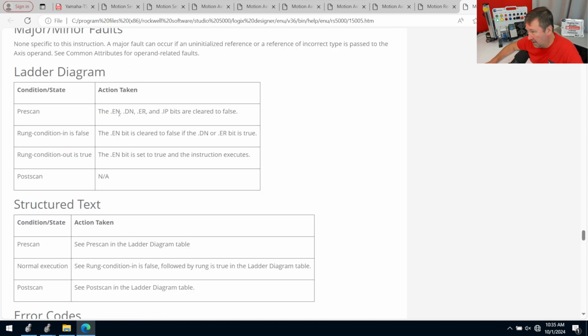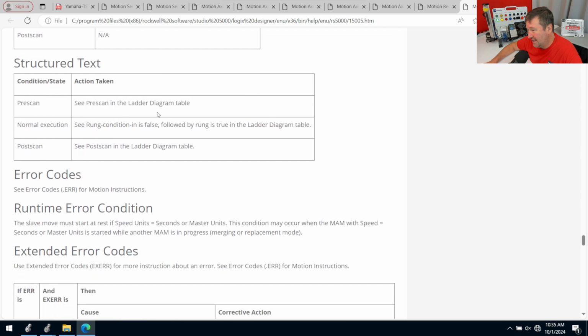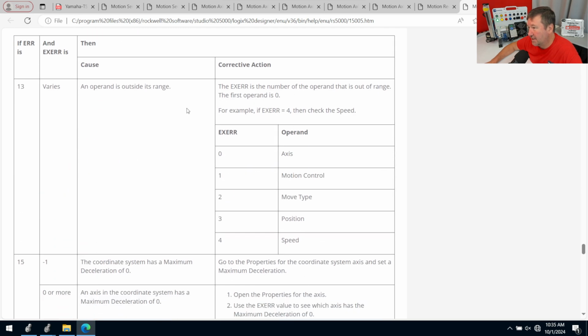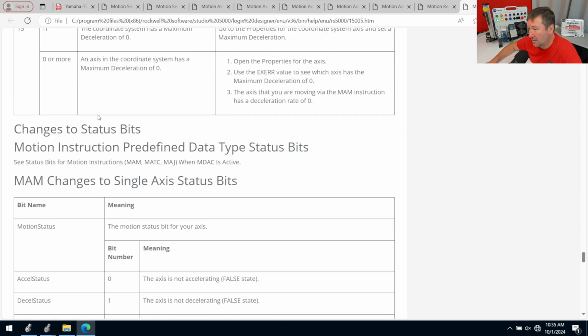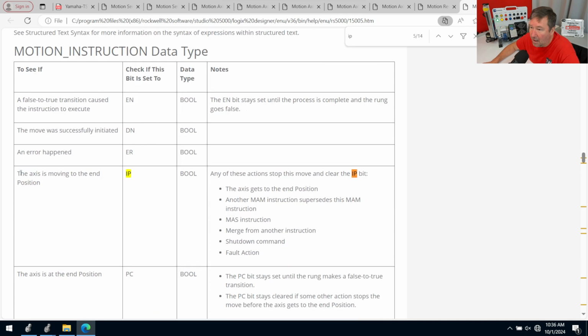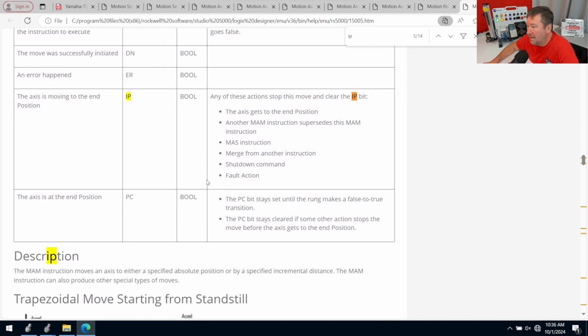because arguably we could use the EN bit, but there is a little hitch here, is the EN will be true. Oops, let me get down to the bits. All right, the axis is moving to the in position. When that's happening, we have the in process bit. So I'm going to say that when the in process bit is on or we're enabled, then we want to